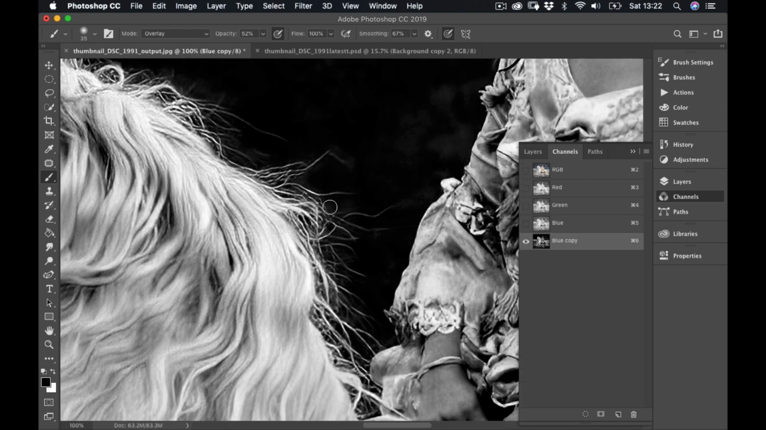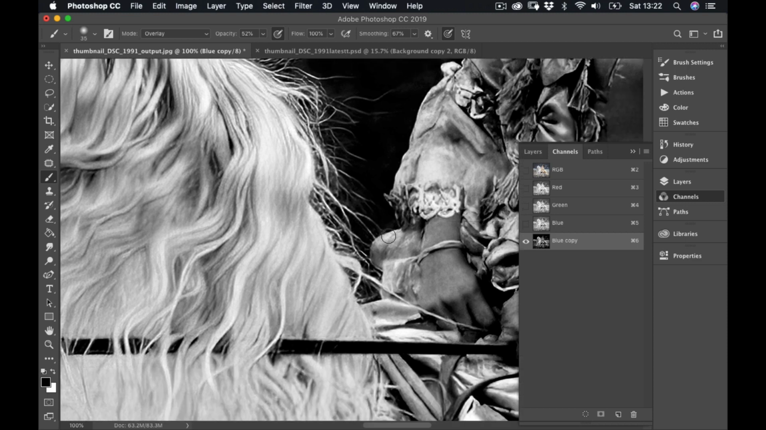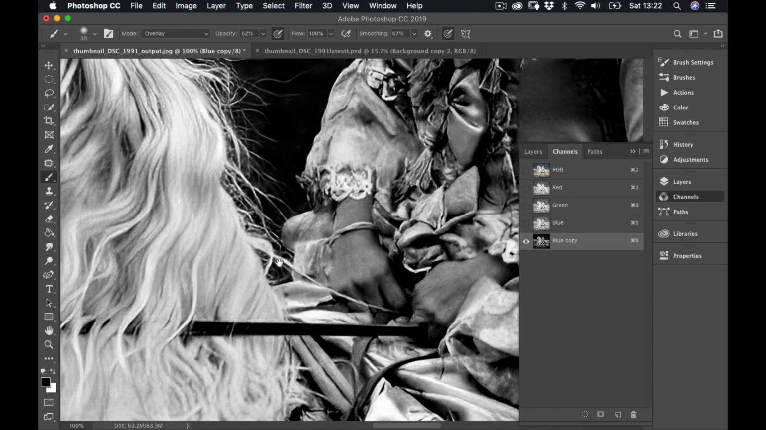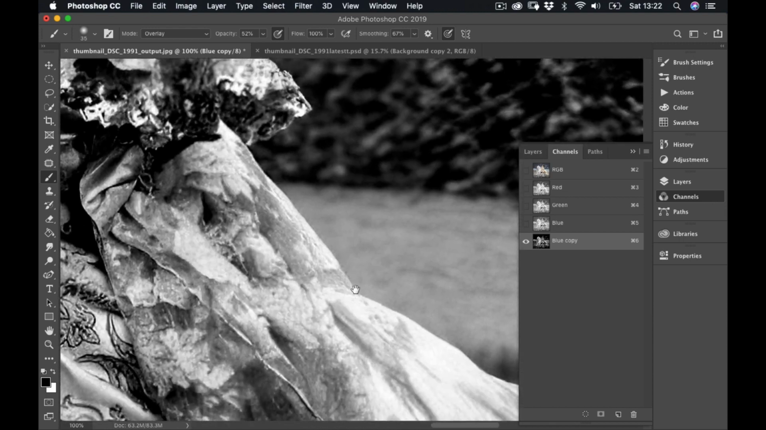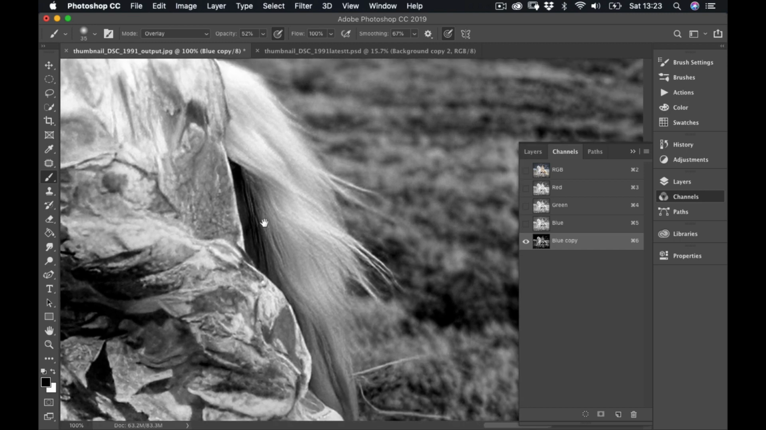Okay, so that's looking okay there. Just quickly go over this area. There we go. That's looking fine. Now if I hold down the space bar, that will give me the hand tool, and I can move this around and I can go down to the tail. Now the tail's a little bit trickier,